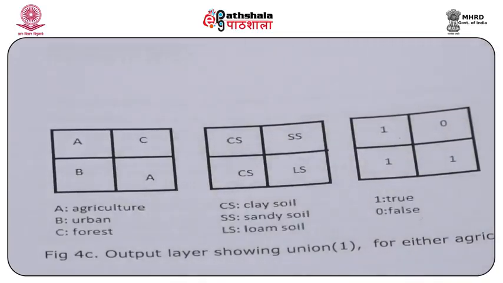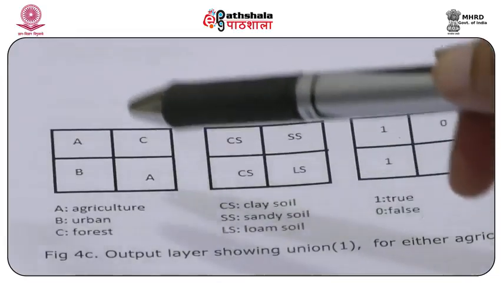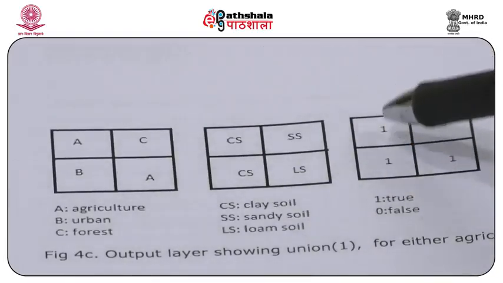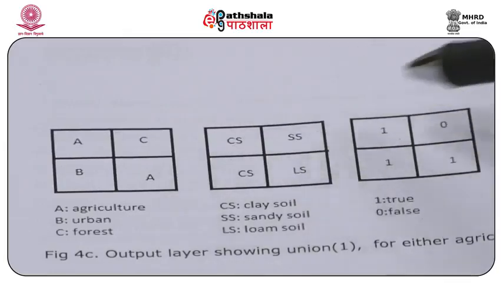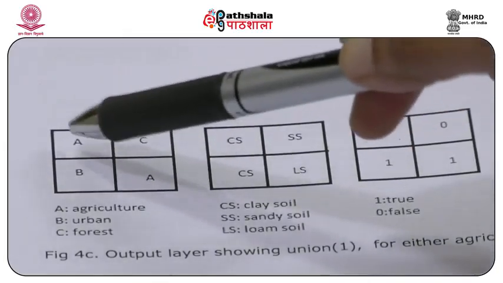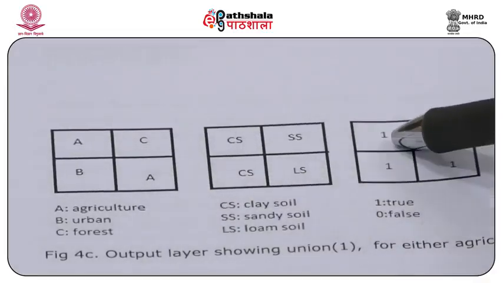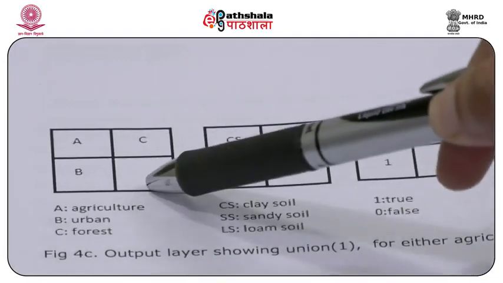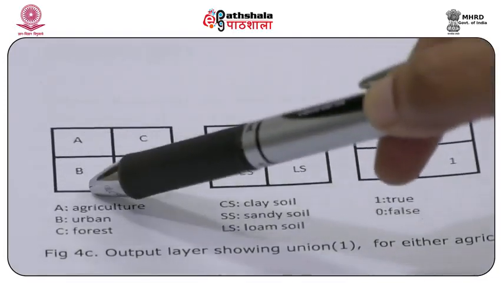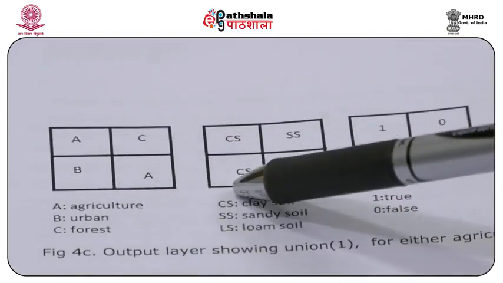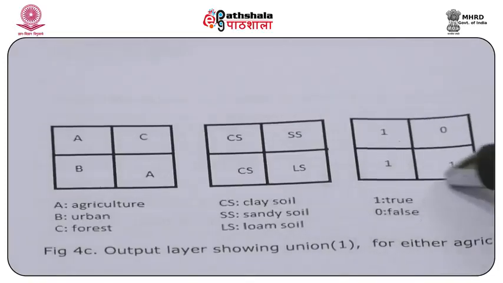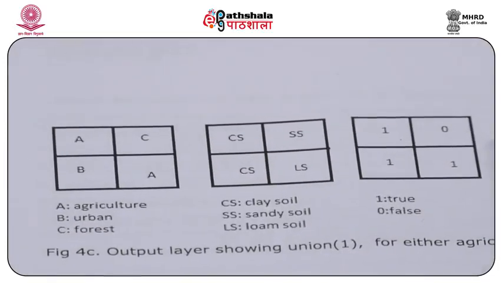But now in this case what are we doing? We are applying a union criterion where we say if it's either agricultural or clay soil. When either agricultural is present, it should be true, or clay soil is present, it should be true. So if you notice, where agricultural is there and clay soil is there, it is 1. Even this is 1, even though the soil is loam type, because it was agricultural. Similarly, here we have urban area, but the soil type was clay, so again here it is 1. So the Boolean algebra represented by this output is the OR.